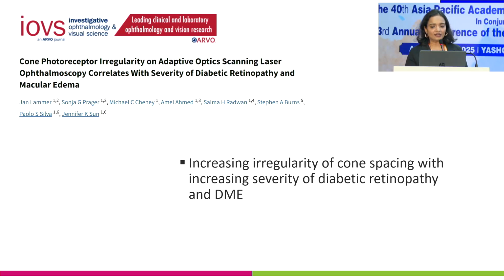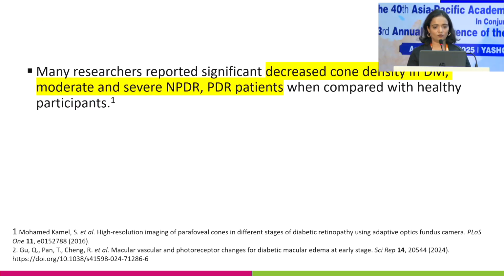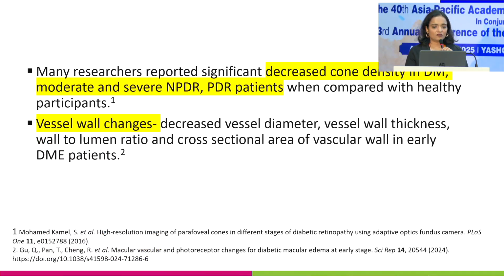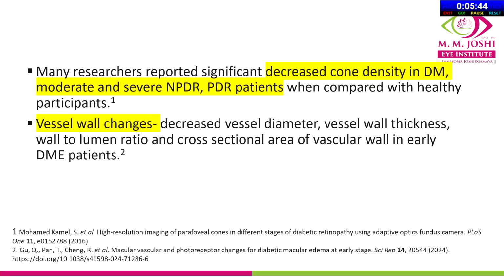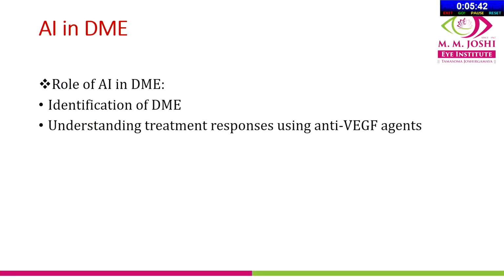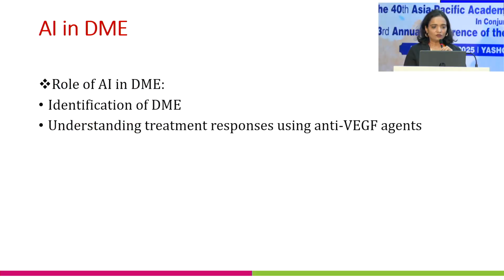Increasing irregularity of the cone spacing on AO has correlation with increasing severity of diabetic retinopathy. Of course, it is very logical that there will be decreased cone density in diabetics, and there will be vessel wall changes with decreased vessel diameter, vessel wall thickness, and wall to lumen ratio. Coming to the last thing, artificial intelligence in DME, there's a huge role of AI that is coming up with